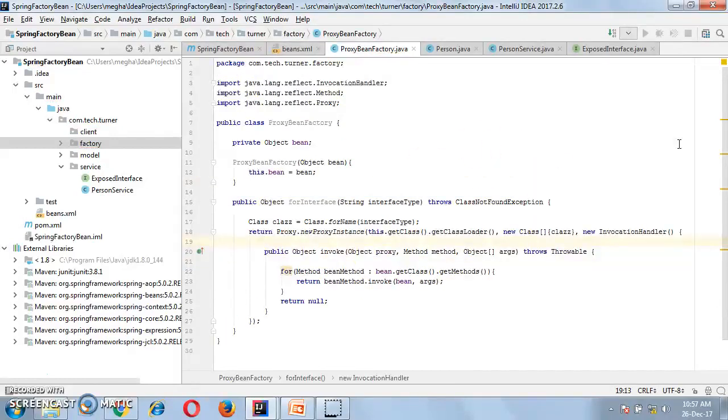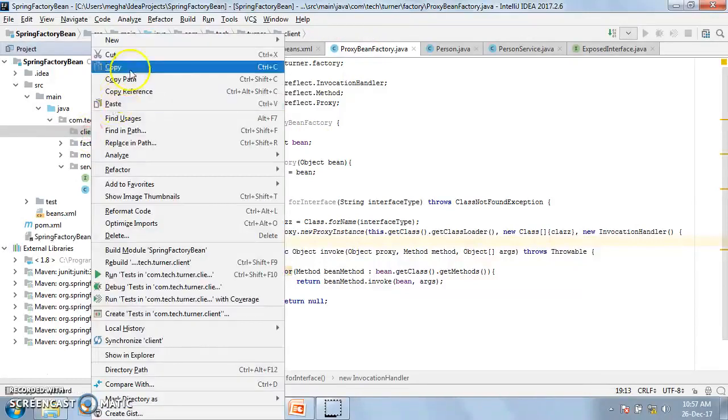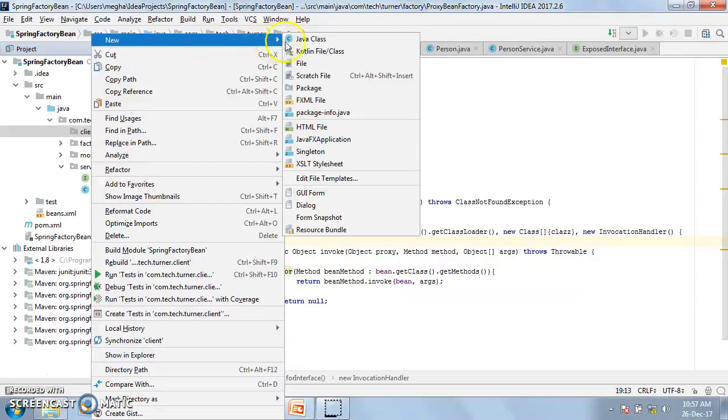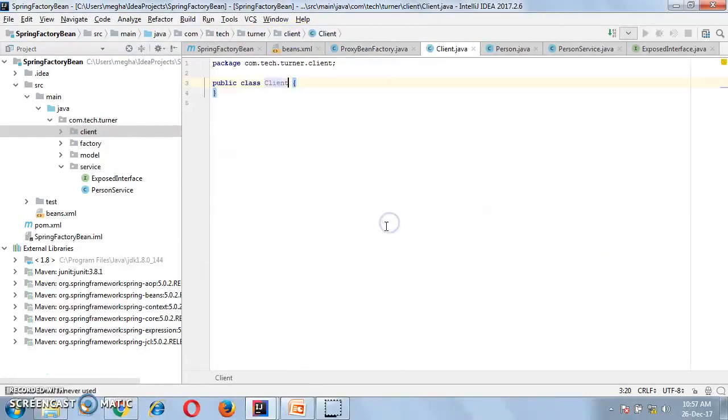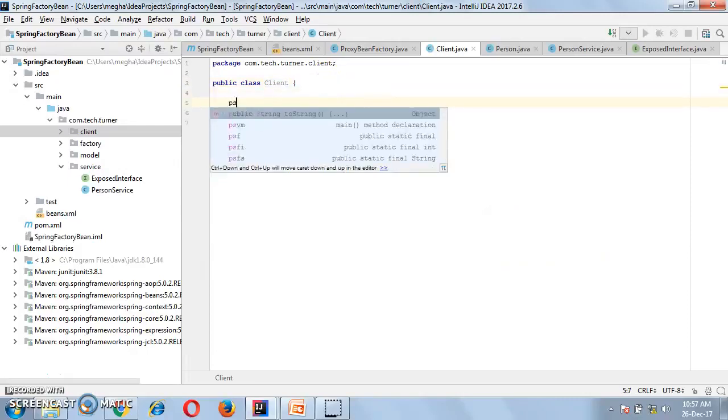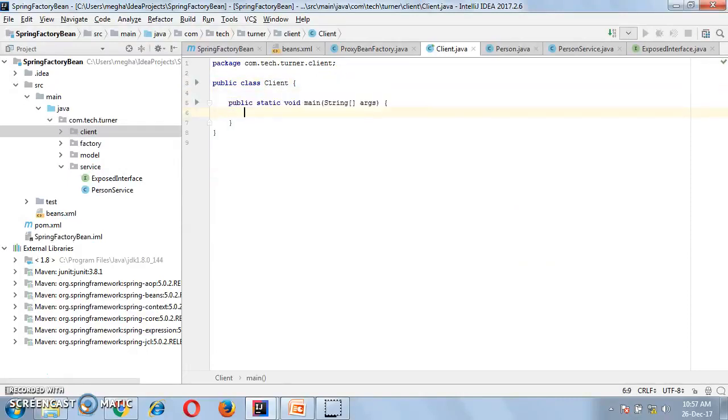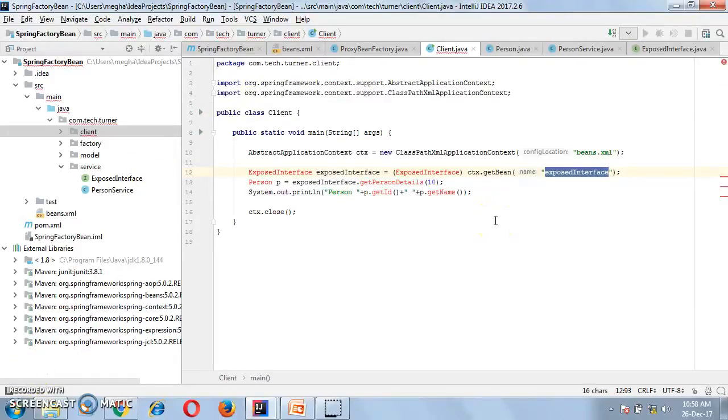Let's create a main class that will be the test class for testing our service. Go to new Java class, Client class. It must have the public static void main method. This is the code I have copied from my other project, and I'll explain it. Using ClassPathXmlApplicationContext, I have created the object of the context, and using this context object we'll get the bean of the interface.